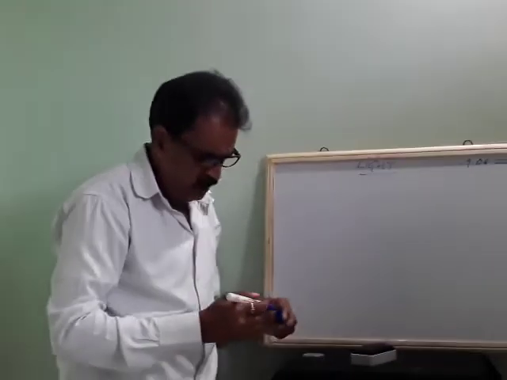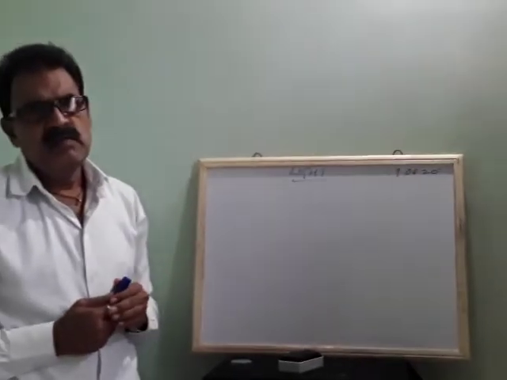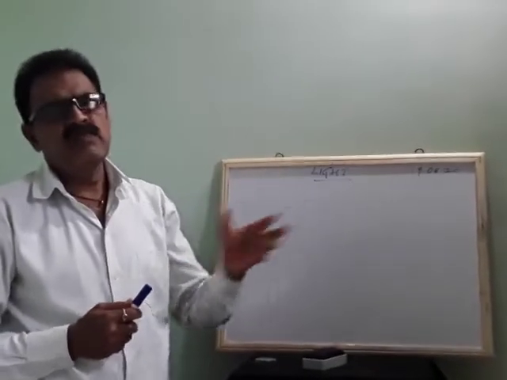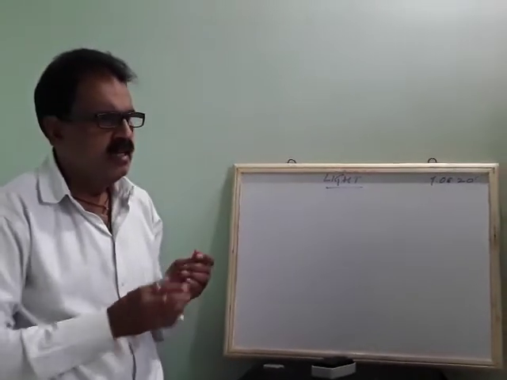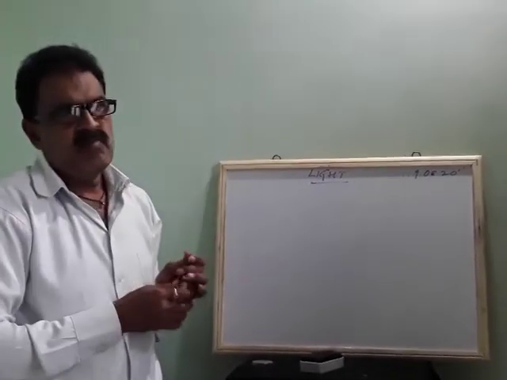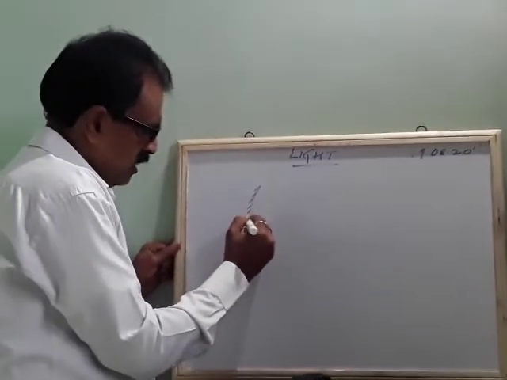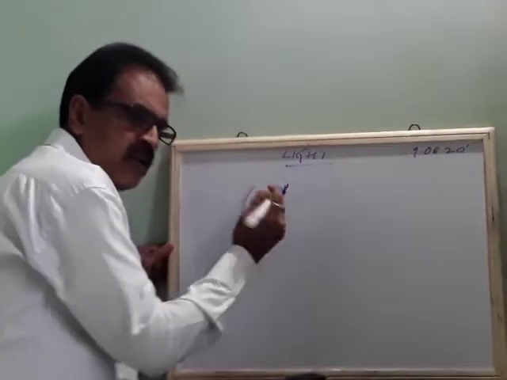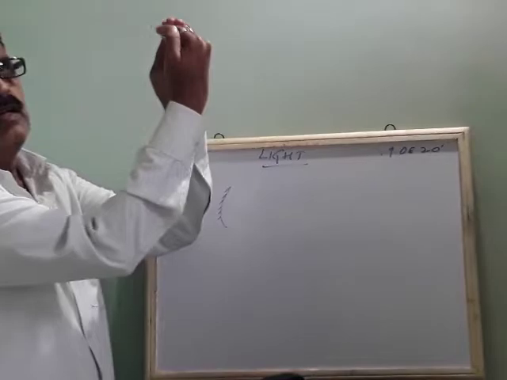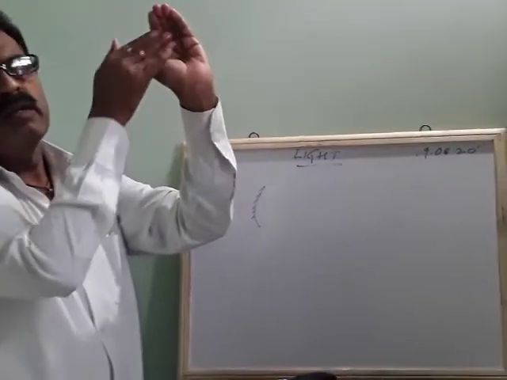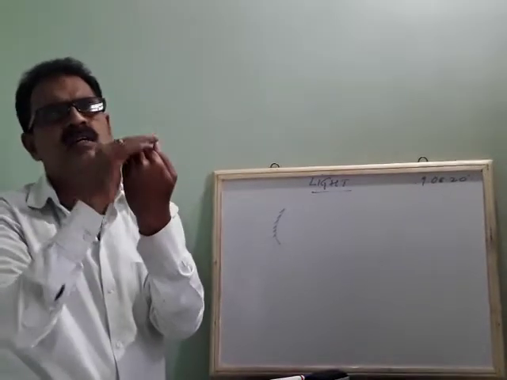I think you know very well. Like automobiles, the headlights of cars and torches. If you look there, the bulbs are outside, and inside it is open, and the shape will be like this. Such mirrors are called concave mirrors. Suppose if the outer layer is like this, this is a convex mirror.